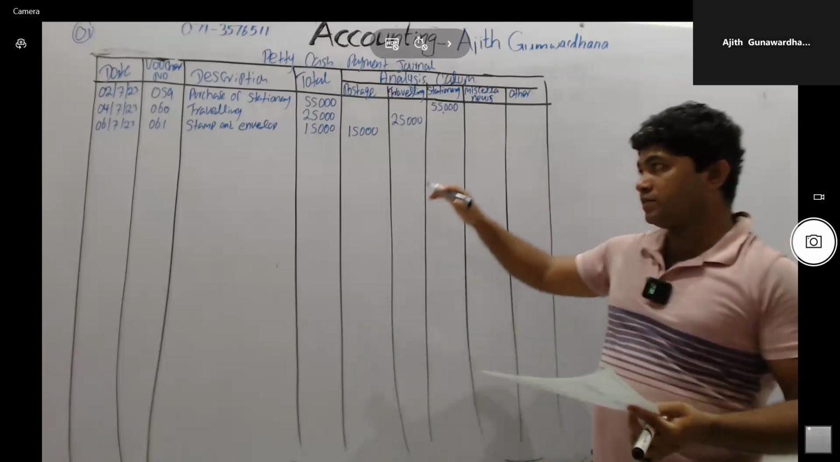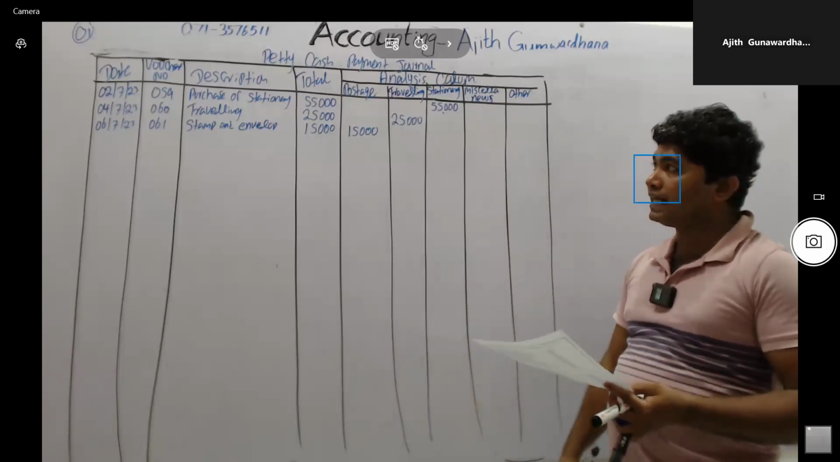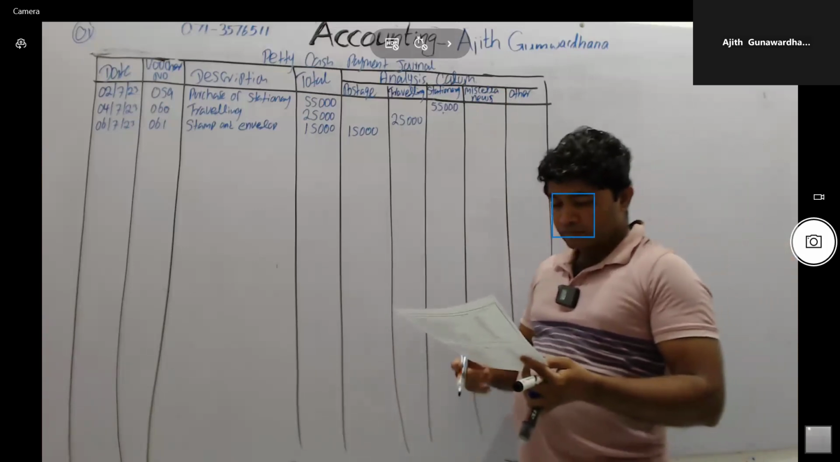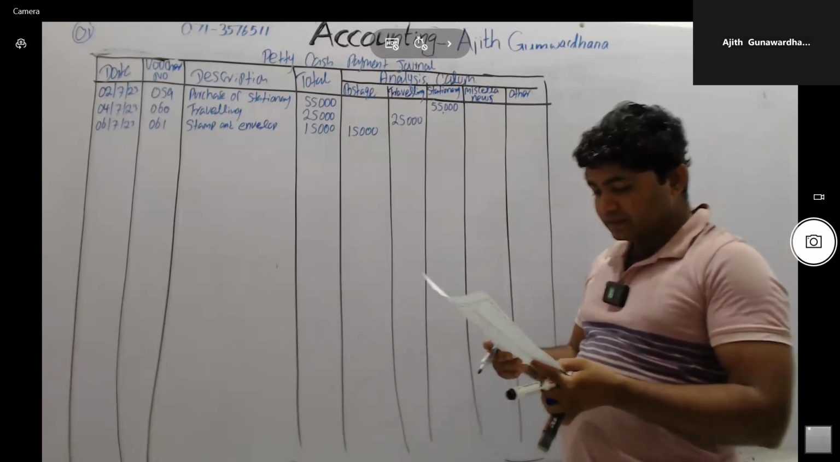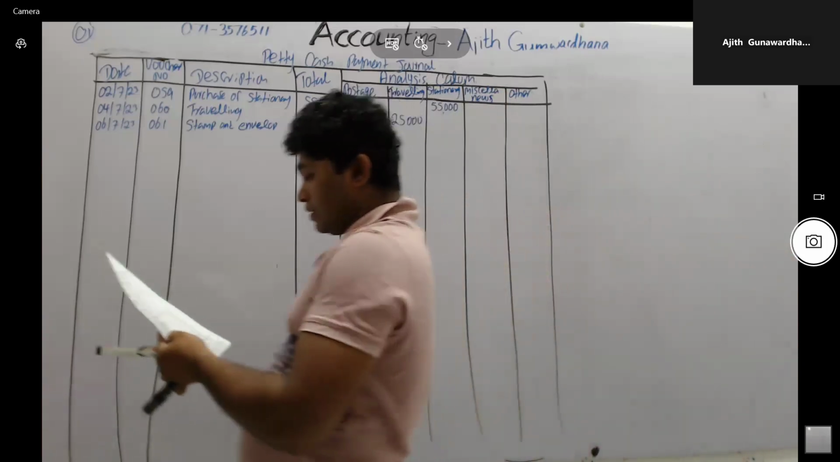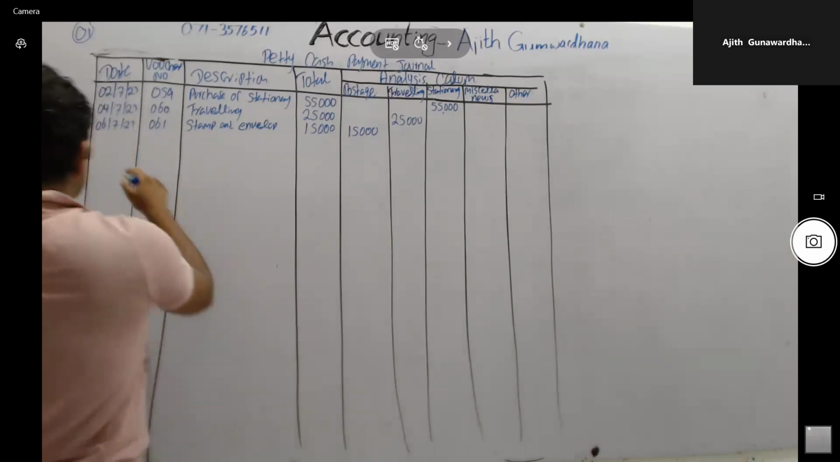A small amount of expense paid in cash should be recorded in the petty cash payment journal. And next one, wages. It is like a salary. Therefore, 7th of July,